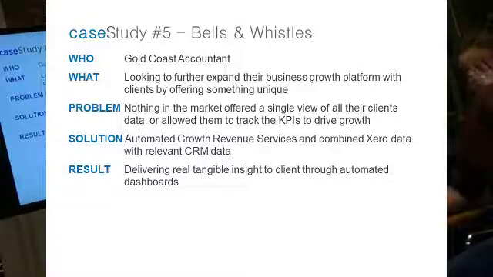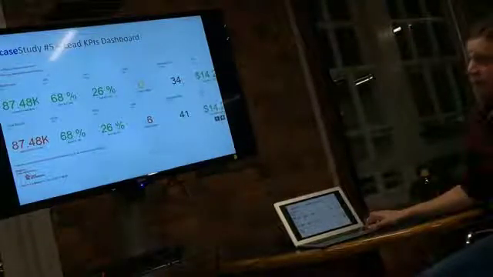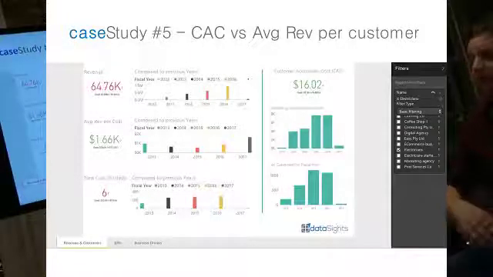Okay, so with this case study, this is again an example of where an accountant wanted to expand their service offering. They wanted to offer a growth service, but they were doing that already in Excel, but they wanted to automate that process. So what they essentially offer is a lead capture service. So it's probably better illustrated here. Basically, the accountant goes and sets targets for leads, which is obviously non-Xero data. Capture that from the CRM system,